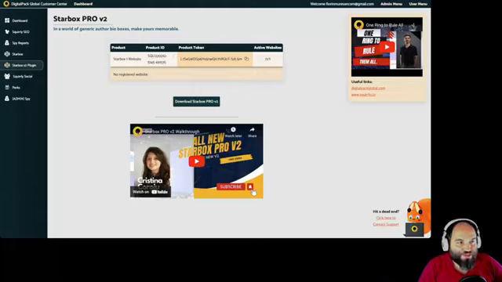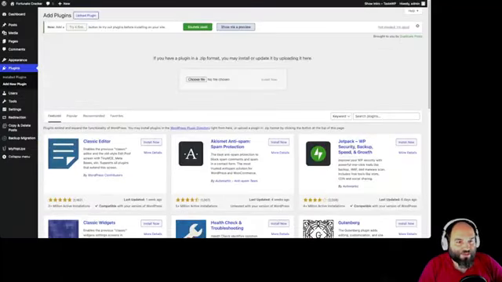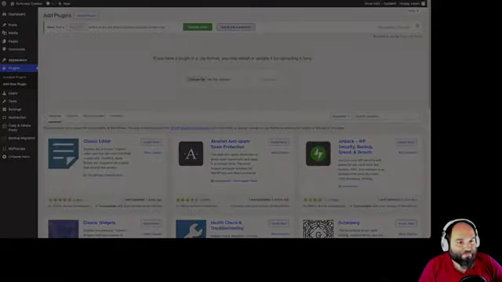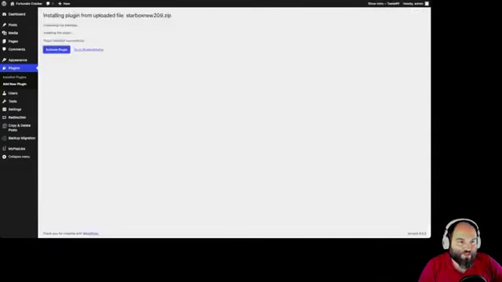So once you reach the customer app, you go to Starbox PRO v2. And that's where you get your product token, and that's where you also get the download link. So let's get the product token, let's do the download and upload it. So upload plugin. We're gonna go to downloads, right, gonna install, activate,